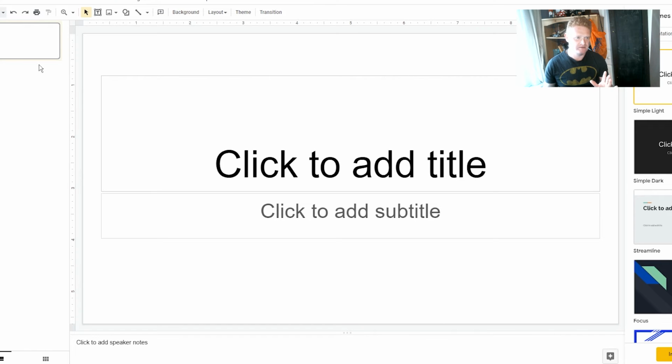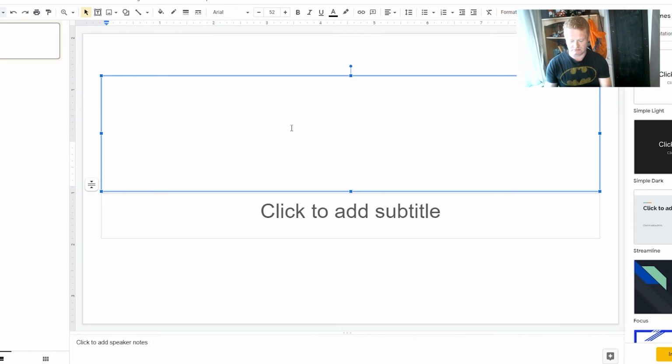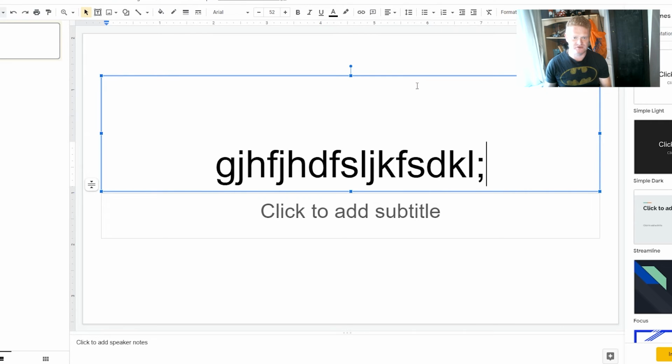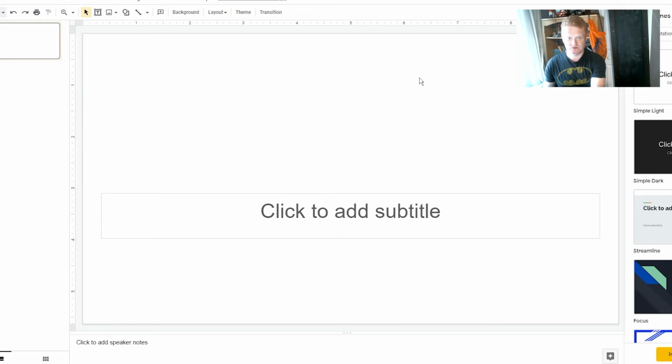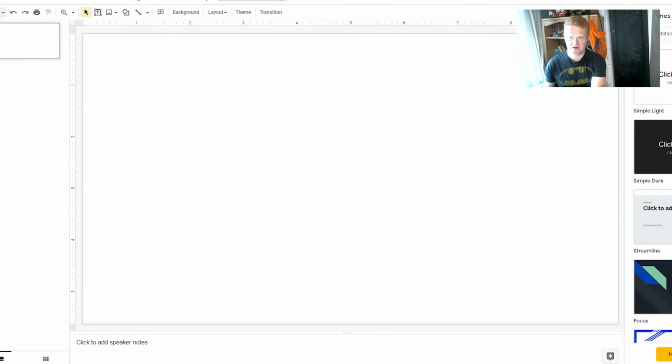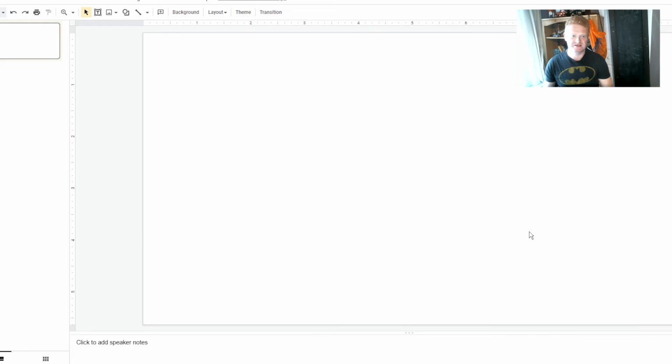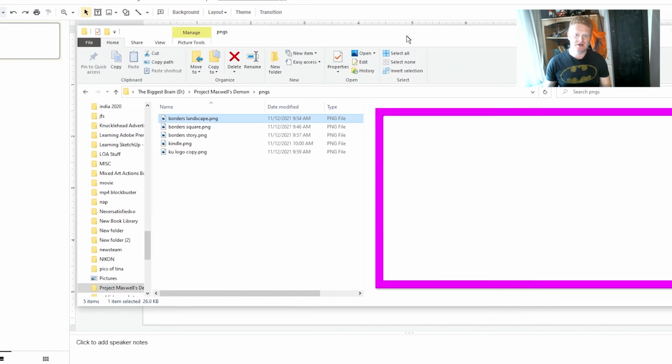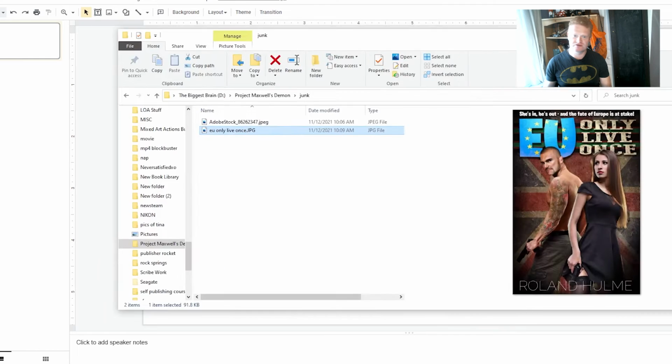You just get this blank thing, and you can type what you want, and you can add all sorts of things. We don't need any of this stuff, so we're going to delete it. You select the box, click delete, get rid of it. We don't need themes, we just need this big white space. And I'll tell you why, because we are going to use these things